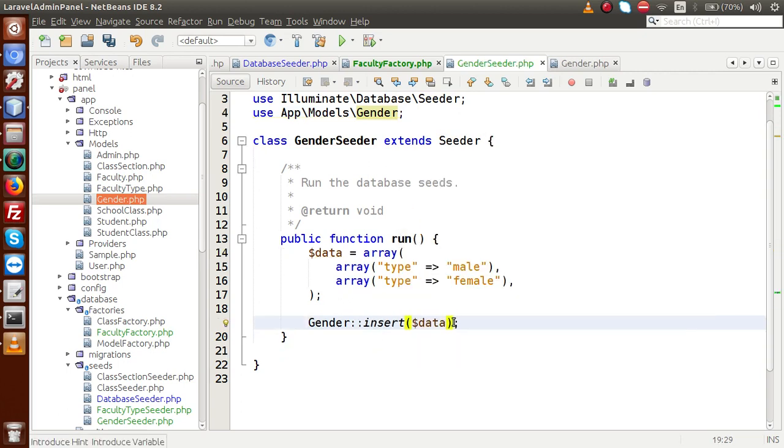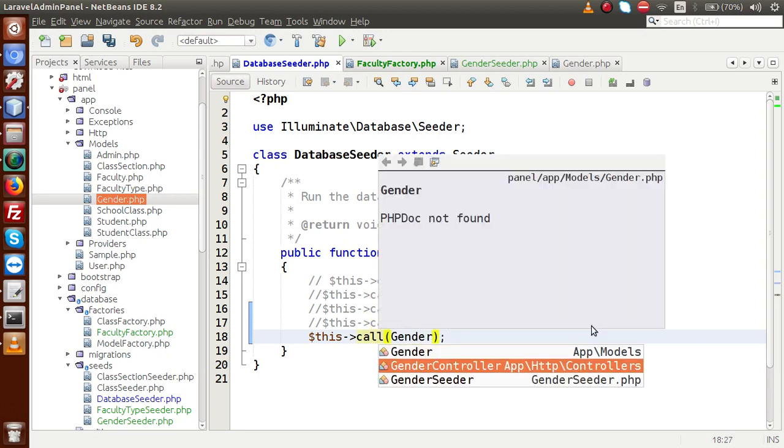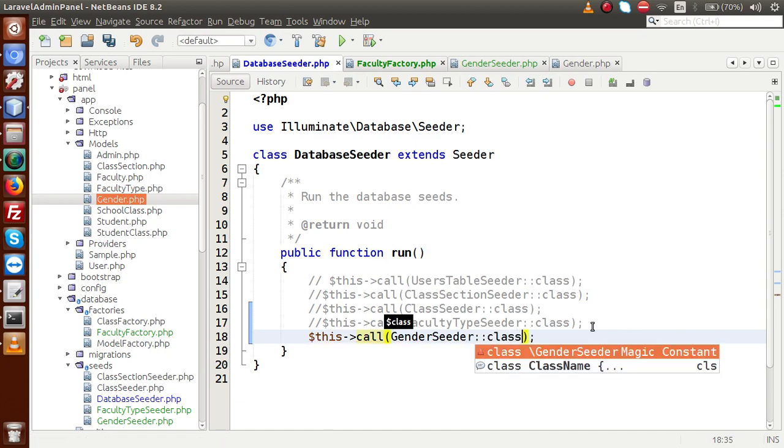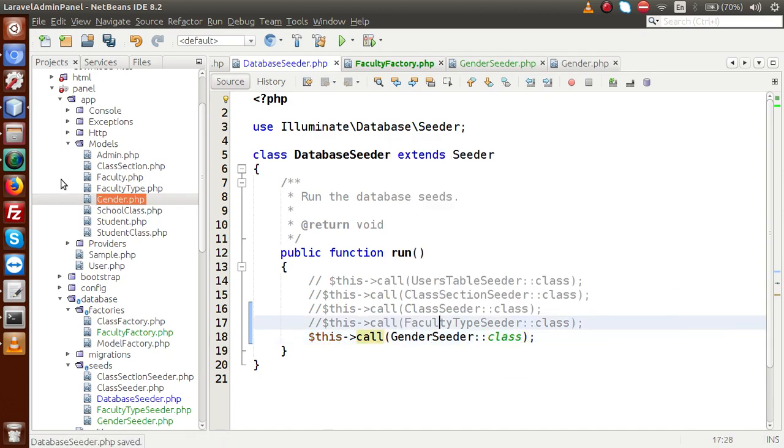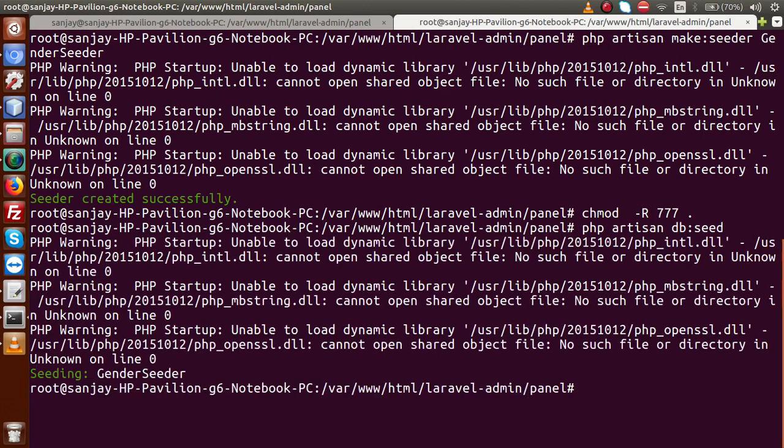Pass this data variable to the insert method. If I go to the database seeder file, let me comment it first, and I'm going to use call, and here we have to pass the GenderSeeder class file. So save this file, back to our terminal, and let's say php artisan db:seed, press enter,